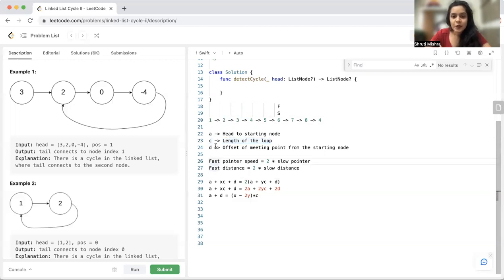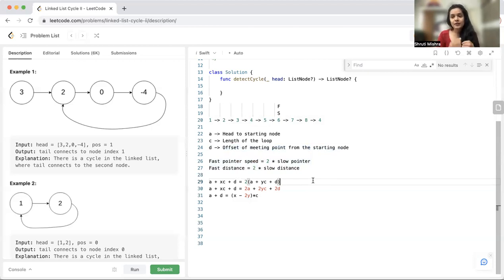Okay. And then the offset of the meeting point from the starting node. So the meeting point is 6 and the starting node is 4. So the distance between 4 and 6 is represented by D. Okay. So in this approach of fast and slow pointer, the fast pointer moves twice the speed of the slow